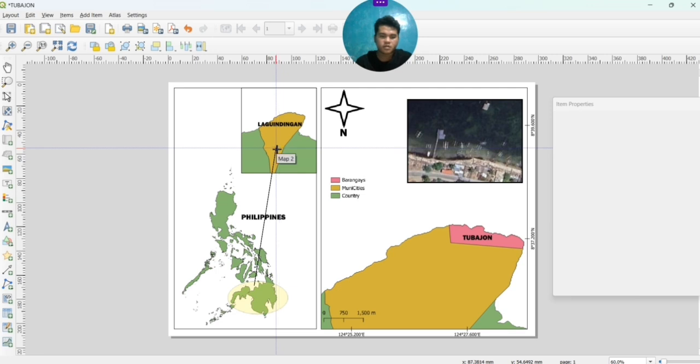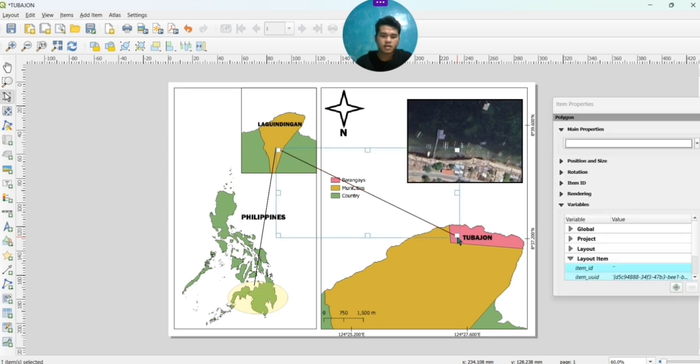Then from that point I just want to click on to Tubahon and then right click it, and add more polygon, just what I've done earlier, then connect it to the satellite view.